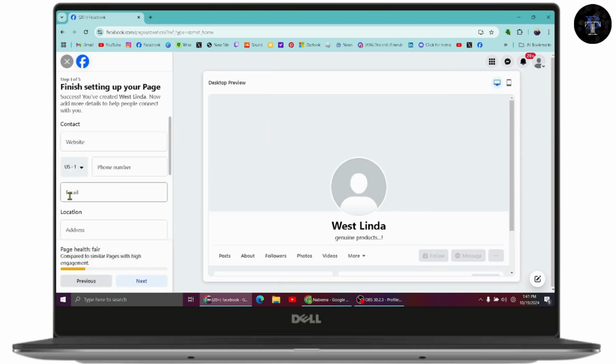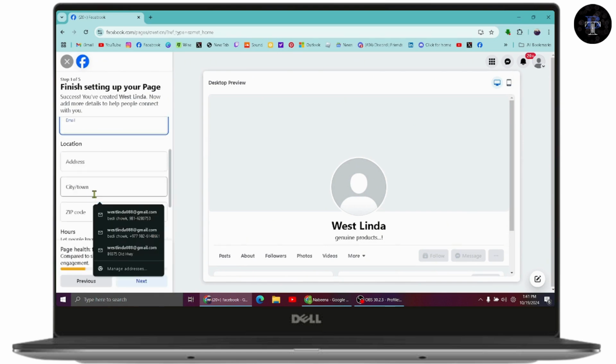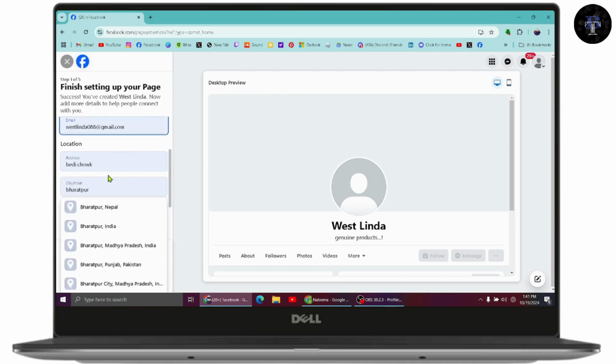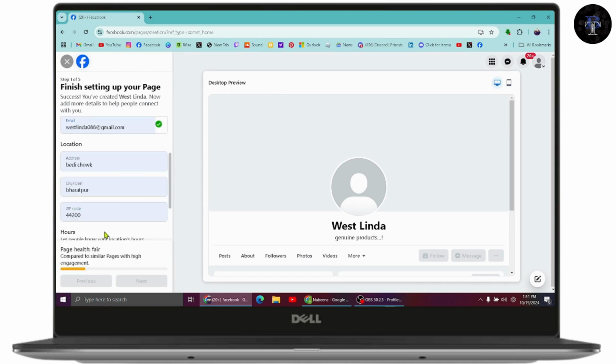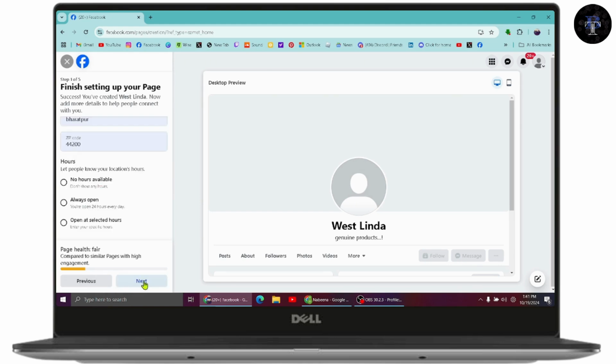And after clicking on the create page, now you need to finish setting up your page. So you need to enter your contact website if you have any website, and then you need to go with the mobile number. So enter your country code and the mobile number, and then email address and your location, like city or town, and then zip code and everything. Once you enter all of the information, you need to go with the next option, which is on the bottom